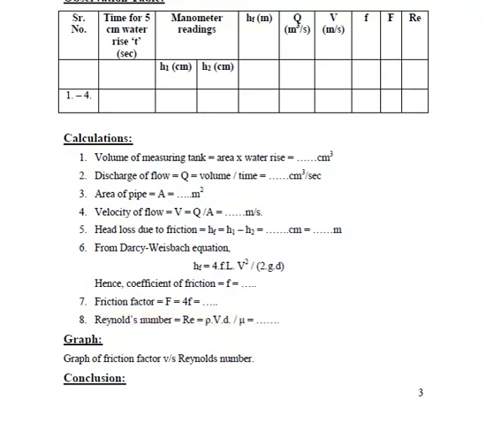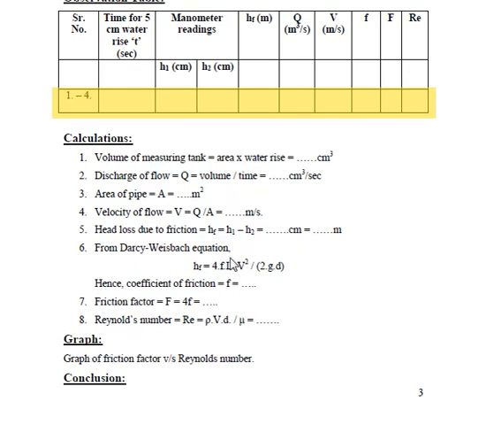So in this way you can find out all the components, that is the terms friction factor, coefficient of friction, and Reynolds number for a given reading. Now you can vary the discharge by the control tab. You can vary the discharge and again take these readings. Repeat the procedure again for the change in discharge. Again you can fill this and you can find out these parameters.